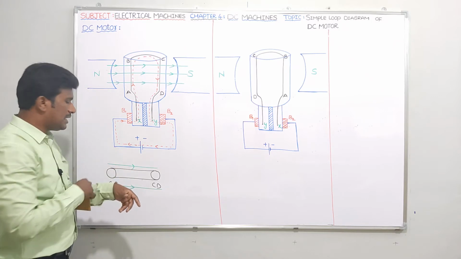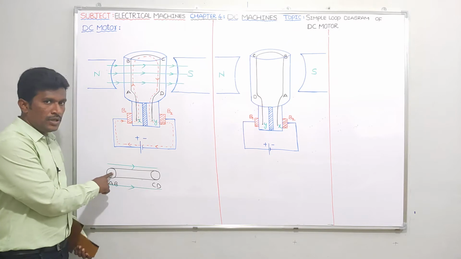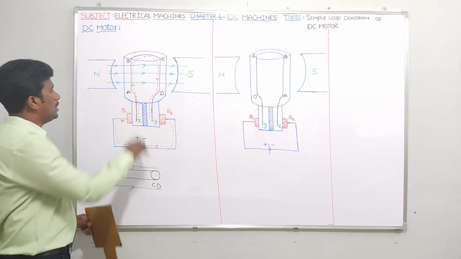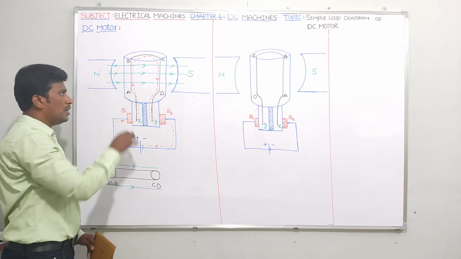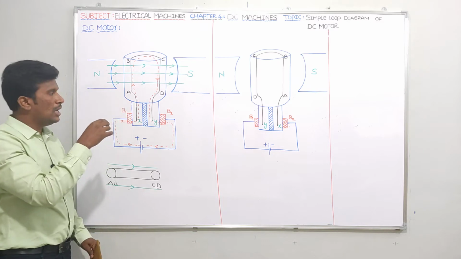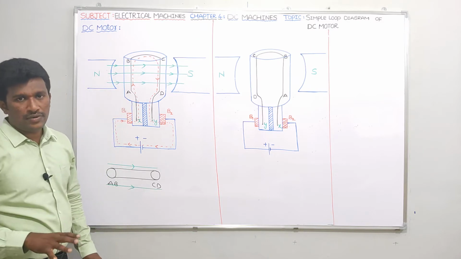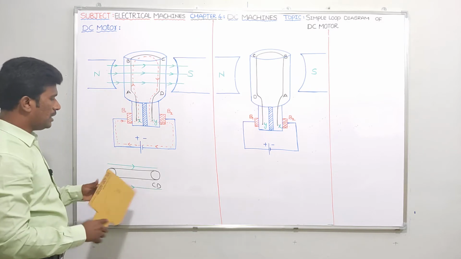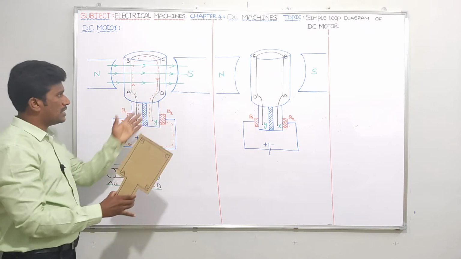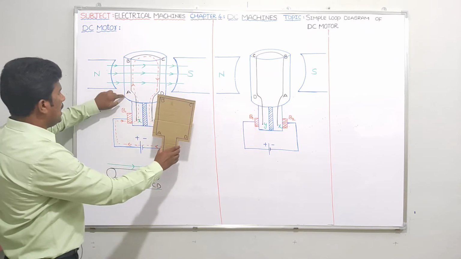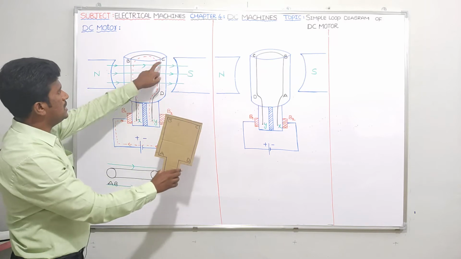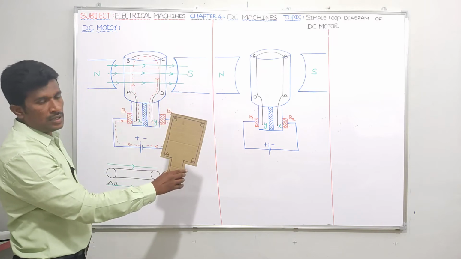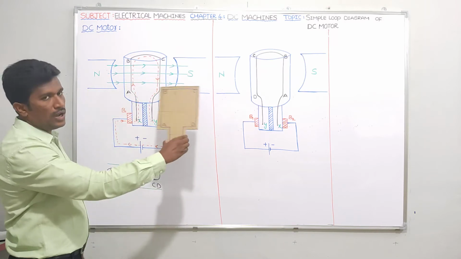That means in AB, tell me, is it a cross or dot? You know, simply in AB I told it's from A to B, but you don't know whether that A to B is a cross or dot. You are not able to say. Very simple. For that, let me take this small thing for understanding this one. See, AB is a conductor. CD is a conductor. So ABCD is a coil.